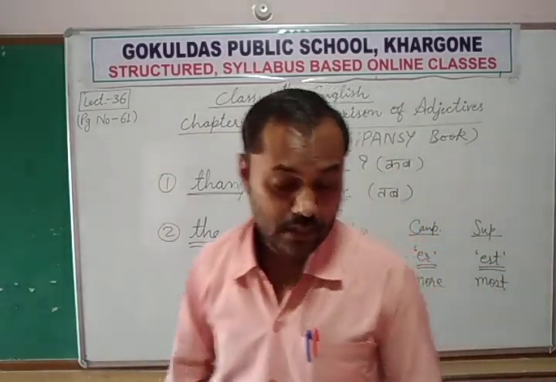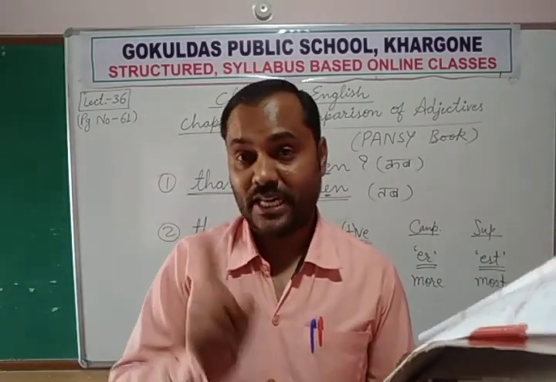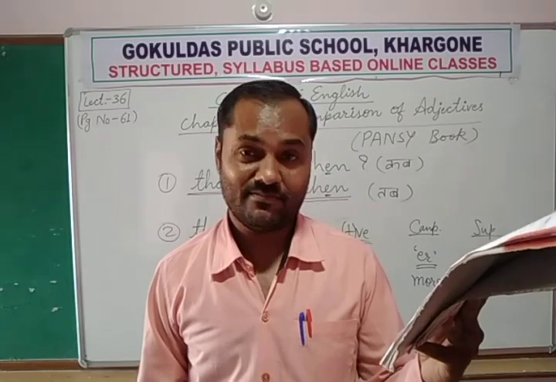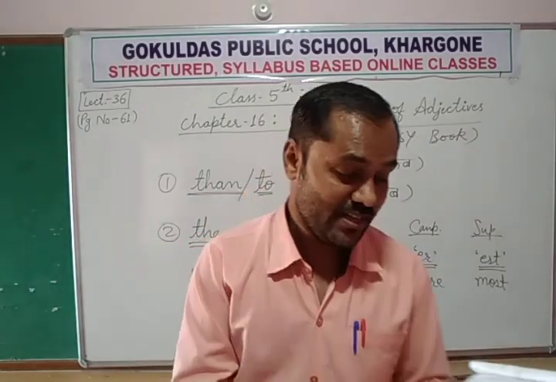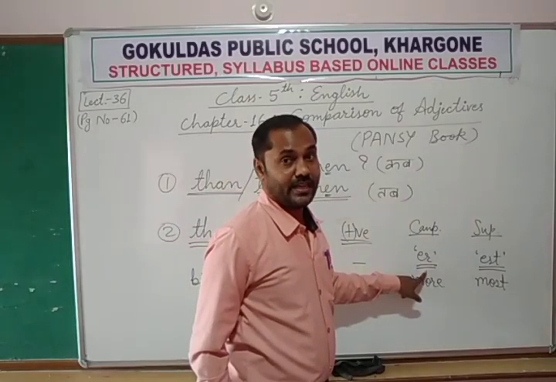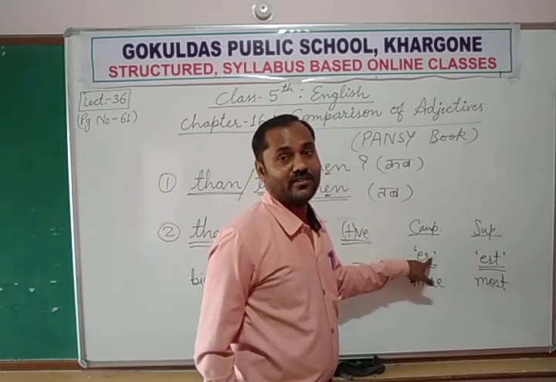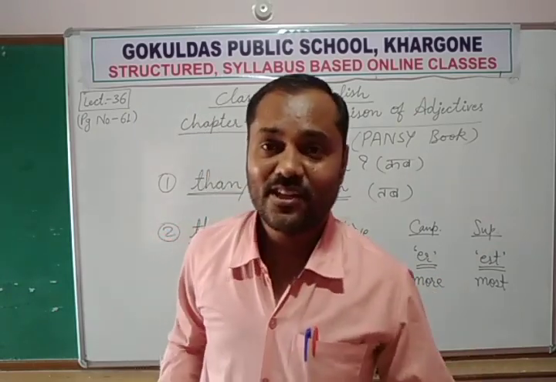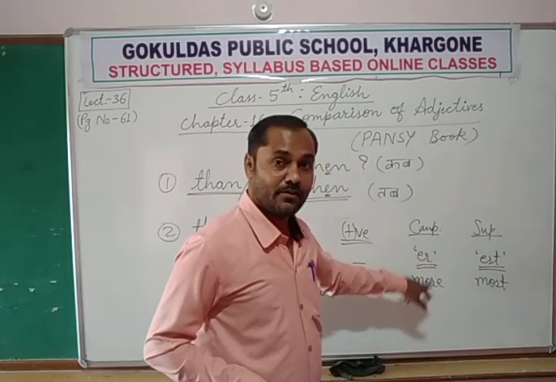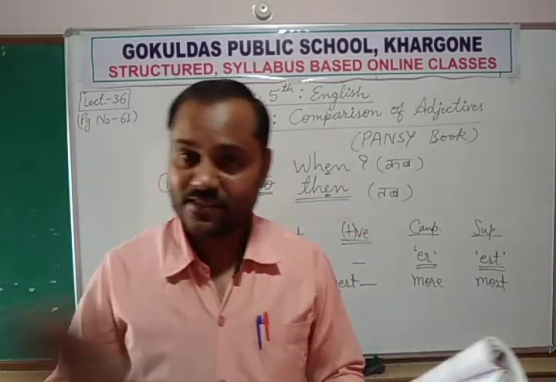So remember these things. Now double comparative and superlative should not be used. What is wrong and what is correct is mentioned here. One example, Mohit is more taller than Mohan. Here we are using double rules. We are using taller because we add er, so it is already a comparative degree, taller, but we are using more taller. So this is the wrong use. Either you can use this or you can use this, but we are using both of them. So that is wrong. More taller is wrong.